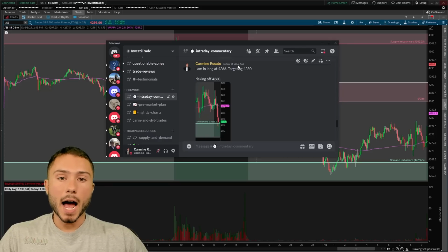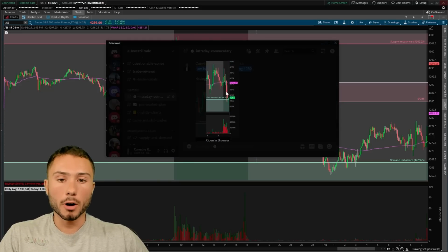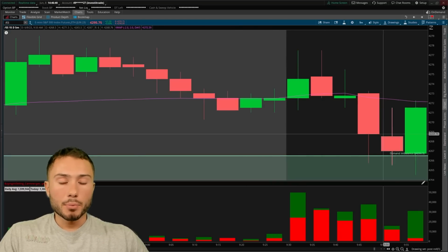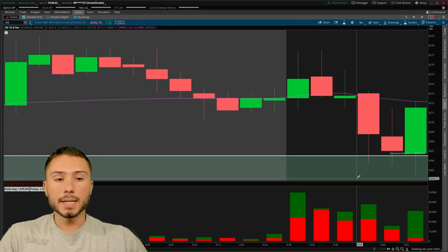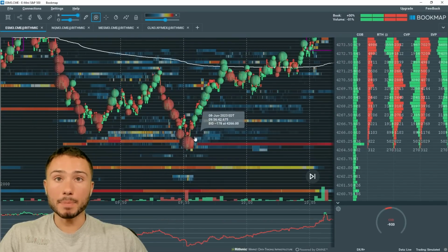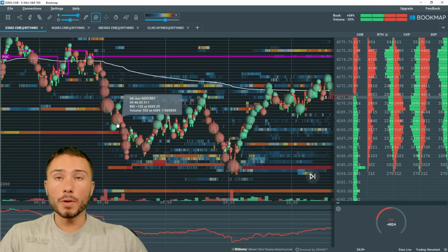10 minutes later at 9:56, I got long at 4266, targeting 4280, which was the pre-market high. My risk was about 5 or 6 points lower when the market looked just like that. Essentially, what I saw here was the market broke the low. It lacked downside continuation. There were very strong bids which stepped into the market, and despite all this aggressive selling,